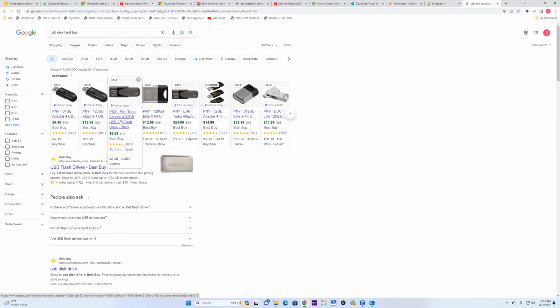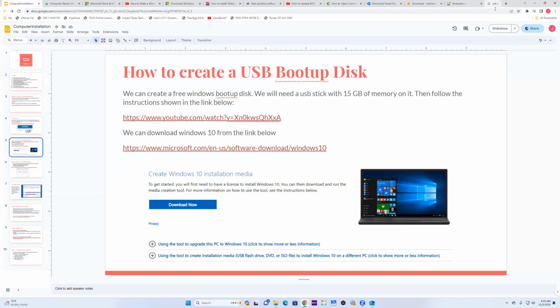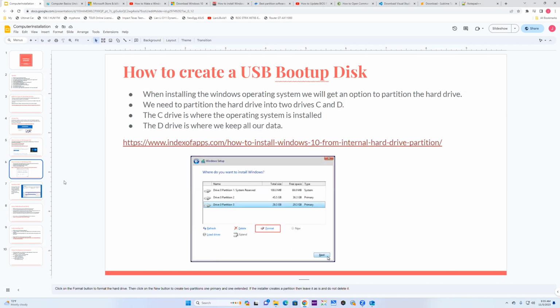The PNY is pretty nice, and this is 32 gigabytes. You can just buy one of these, and then you can install the Windows operating system on it using that video. Once you install the Windows operating system, you just put that USB disk in your